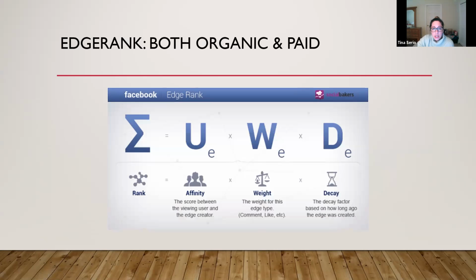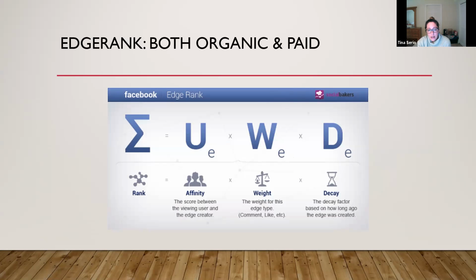When you're posting on both organic and paid, there's an algorithm called the Facebook EdgeRank. As you probably expect, it's a combination of many different factors, much like the Google algorithm. Where and when your ad is going to show to your target audience, whether you're posting organically or paid, is based on a few different factors.